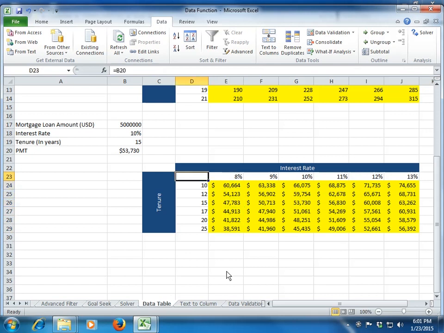So this is what we have in the data analysis. In the next class, we will cover data validation, which is again a very, very useful function for the people working on data inputs and forms, etc. And then we will close the data class with the other data functions like consolidation and subtotal grouping, etc.